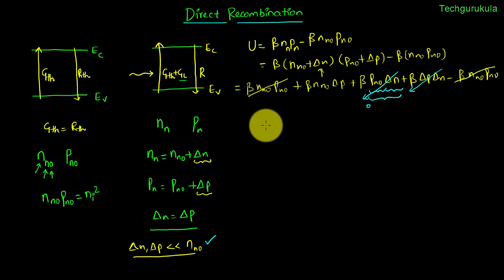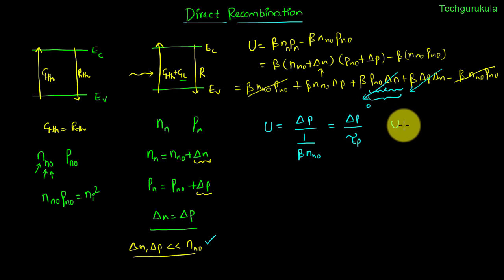So the net recombination rate can be written as U is equal to del P times beta times Nn naught. I'm taking beta times Nn naught in the denominator. It becomes 1 over beta times Nn naught. And we can write this as del P over the lifetime of minority carriers, holes, in this N-type semiconductor. So let me write this. U can be written as the net recombination rate as del P, which is nothing but Pn minus Pn naught